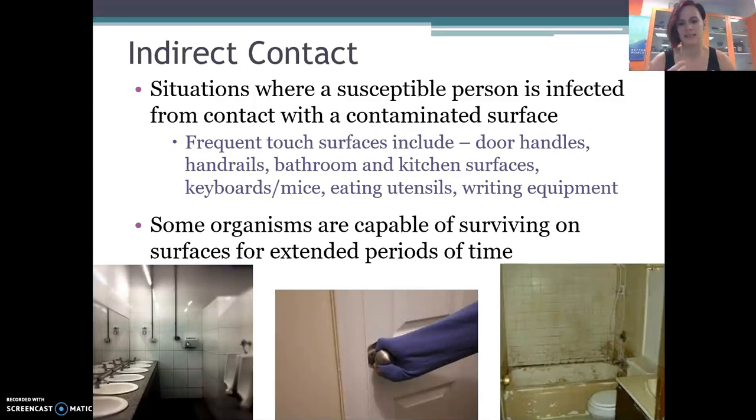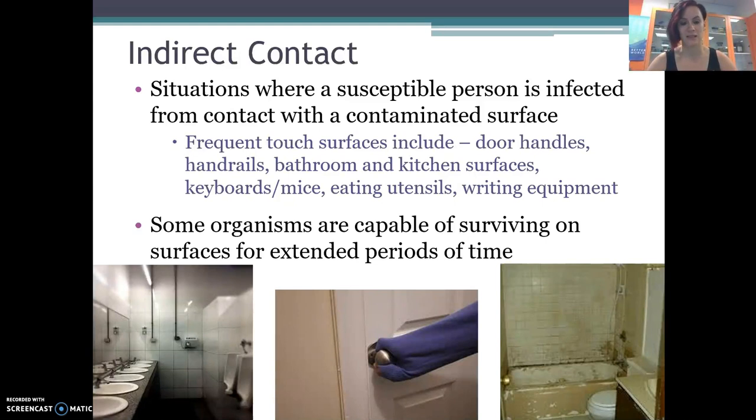Indirect contact, exactly opposite of that, in that those kinds of infectious agents can stay on a surface for a very long period of time. So the situation is where the susceptible person is infected from contact with a contaminated surface. So you think about how gross the desks at school are, the handles in your bathroom, the taps in your bathrooms, things like that. It's pretty common to want to disinfect it all quite regularly, and particularly if you've been sick regularly, it's a good idea to go and clean down your house because of